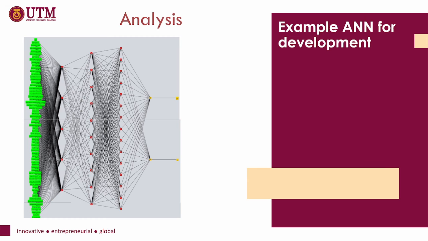Okay, this is the example of the output of the artificial neural network for the development that we already saw in the previous data. As you see, there's the previous data, so much, the data type, the integer, the input. Based on this, I use a hidden layer. The green one is the input layer, the middle one with the red dots is the hidden layer, and the yellow one is the output layer. The output layer is only yes, no, or like 1 and 0.